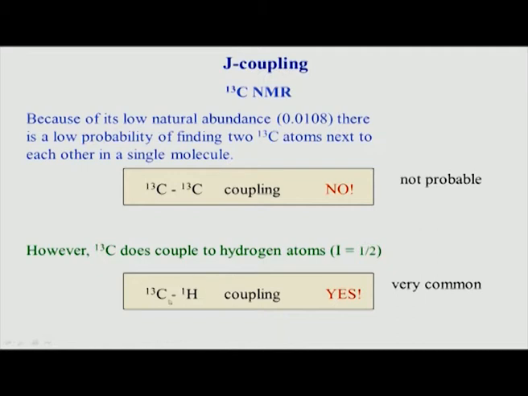So, that is a big problem, or again you can think of it in both ways. What is typically done is that we try to get rid of this coupling, because coupling can create a little problem when you look at the data. We will see how it creates a problem. So, this is something we now have to take into account: proton to carbon coupling is very much present in any molecule. Whenever you look at 13C, the carbon is always attached to a proton, except in those two cases I mentioned, carbonyl and quaternary carbon. Except those two, all the carbons always have a hydrogen attached. Therefore, you have to worry about this coupling.